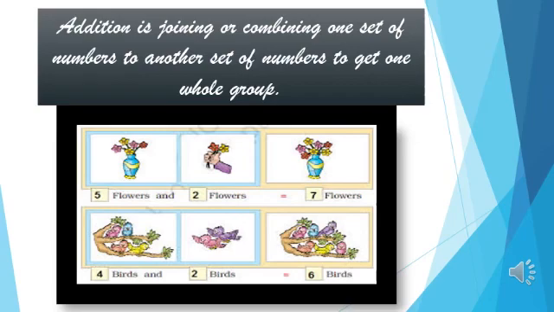So you can see in the picture that you have 5 flowers. There is a flower vase where you have 5 flowers and 2 more flowers are added to that vase, that now will make 7 flowers in the vase. Isn't it so? Okay, and one more example is there on the slide. There are 4 birds on a tree and 2 more birds fly and come to the same tree, and now how many are there on the tree? There are 6 birds. 4 plus 2 gives us 6 as the answer of the addition.